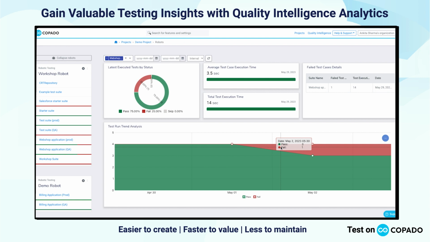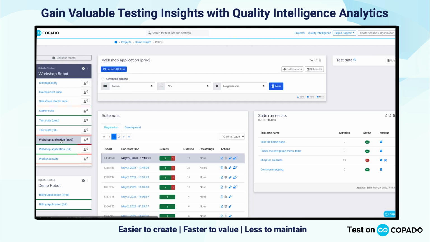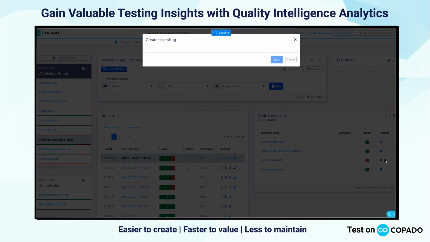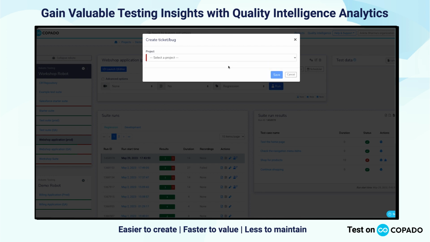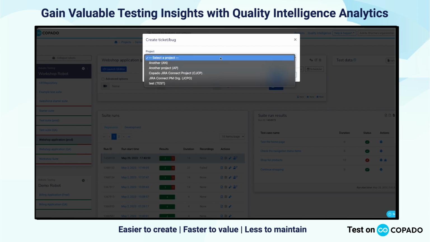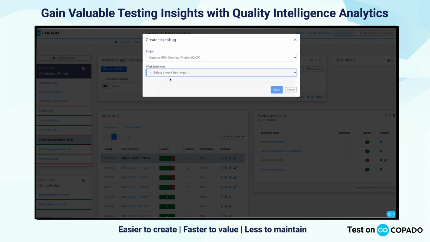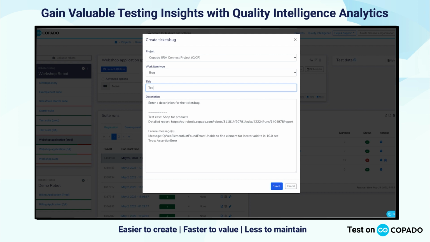And if it was because of a development defect, I can also go directly from here and create a bug report stating that this test case failed. From this icon, I can create a bug report if I have my ALM integrated with Copado Robotic Testing. In this case, I have integrated it with Jira, so I can select my project, my work item, my title,